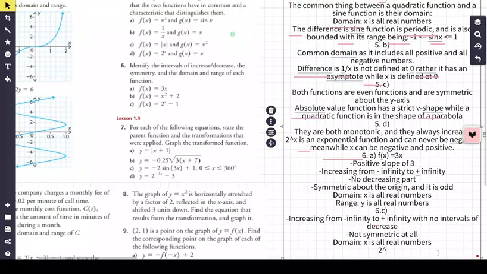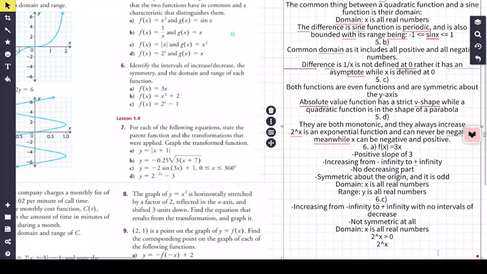Since 2 to the power of x is always greater than 0, that means if we subtract 1 on both sides, 2 to the power of x minus 1 is always greater than negative 1. So we bounded our function. Now we can talk about the range. Since we bounded our function, we can say y is all real numbers